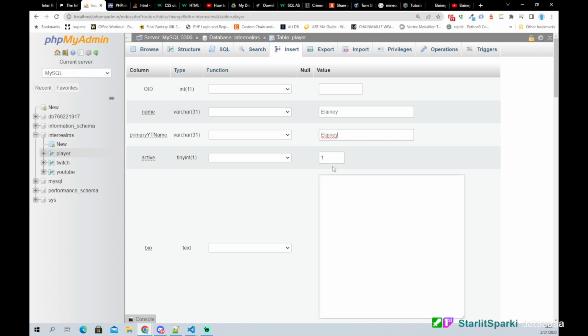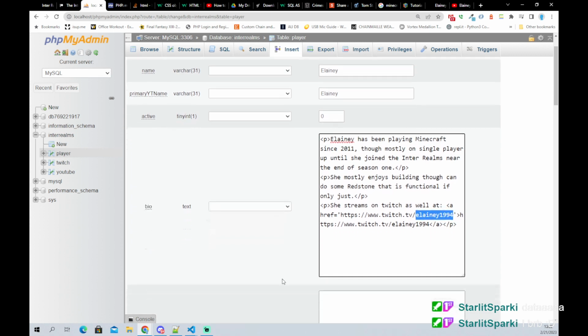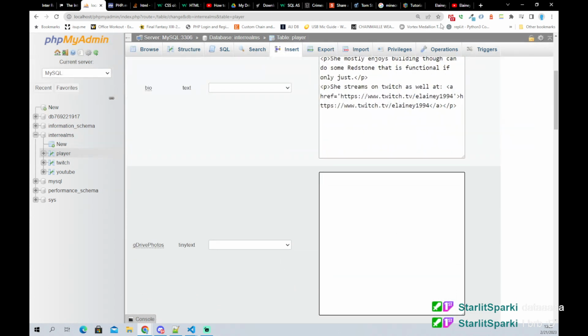Eleni. Active, we're going to set this. So active is called a Boolean, a fancy word for saying true or false. I know I've gone over this before, because I said my lovely little true-or-false thing and I got some giggles on it. So that's true or false. 1 is true, 0 is false. All right, so I'm going over to the old stuff and grabbing that. There we go, boom, done. And it also gives me her Twitch, which is great. I need that a second later. Did she give me her Google? Nope, she did not.